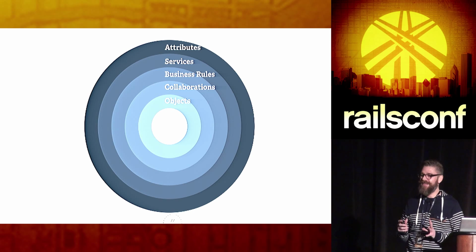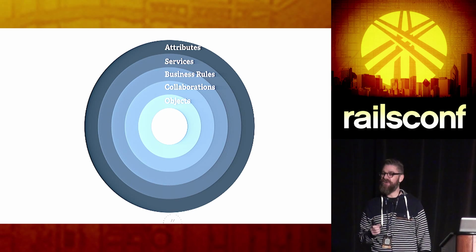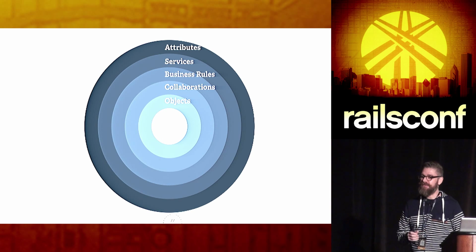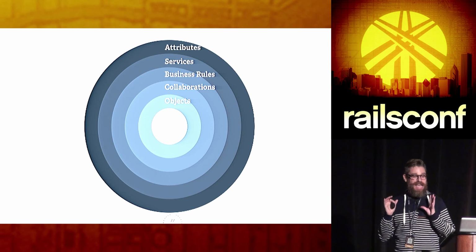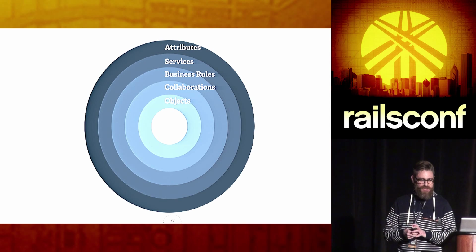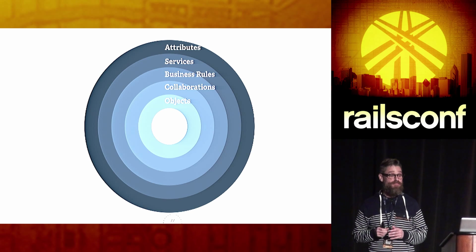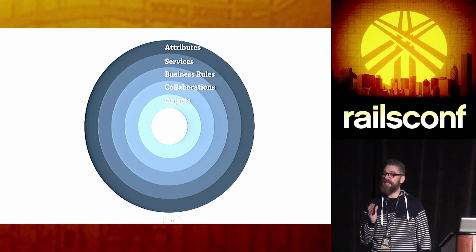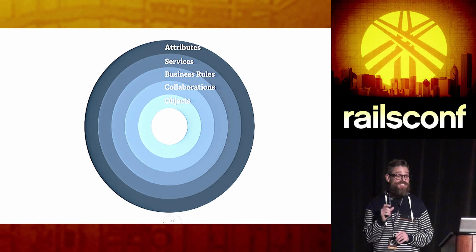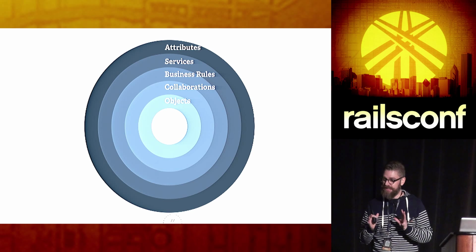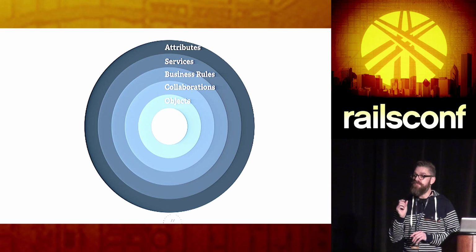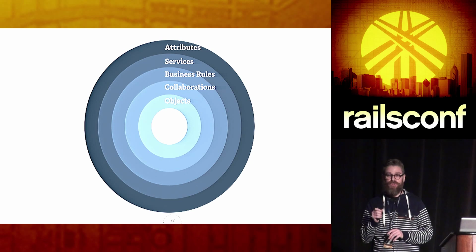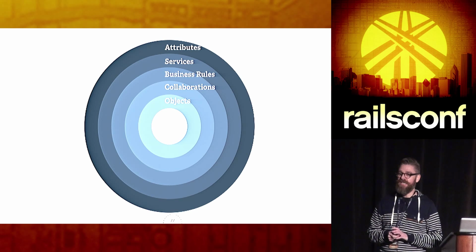So the next time a team member asks you, how do I model this? Use archetypes to guide you in finding objects. Use color to visualize and collaborate with your team members. Use the presence of one object to suggest the presence of another and form collaborations. Use business rules to validate or govern these collaborations. Assign services to business objects to fulfill business requests. And use these skills to build a model that mirrors the business, enabling you to correctly and efficiently understand the